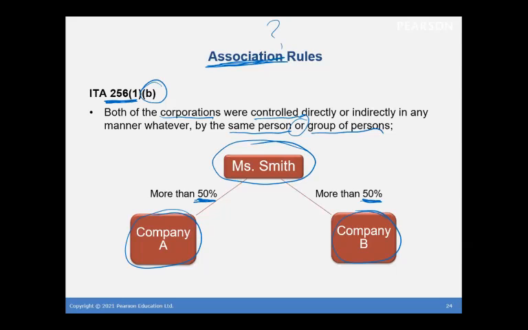Now, somebody could still try that, but on your corporate tax return, you have to report who the shareholders are. And once CRA got wise to what you were doing, they would come in and they would reassess you based on these association rules.